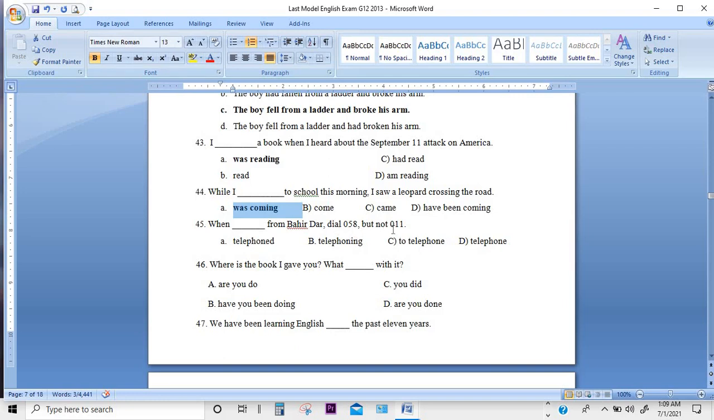058 but not 011. Okay, when dash from Bahir Dar. So what kind of question is this? Okay, it's not a tense verb that is missing here. So the missing part is not a tense verb; it is a verbal. If you remember